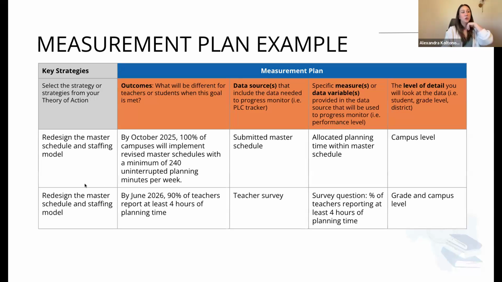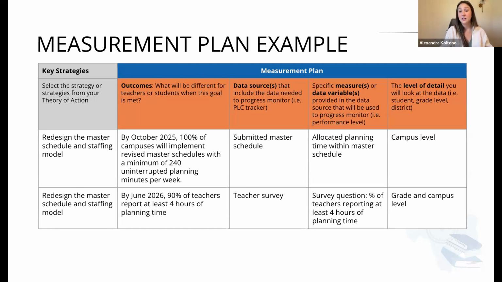Going over the redesign of the master schedule and staffing model as the strategy. The outcome being that, again, this is a quick hit. So this was option C. By October 2025, 100% of campuses will implement revised master schedules with a minimum of 240 uninterrupted planning minutes per